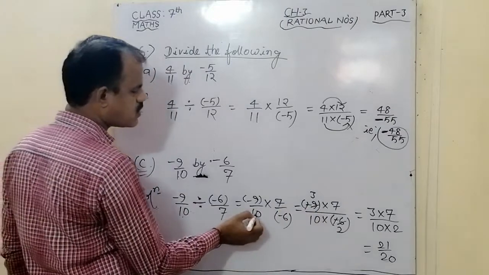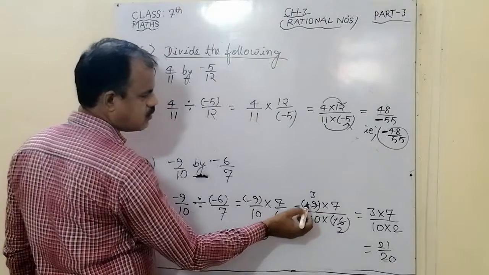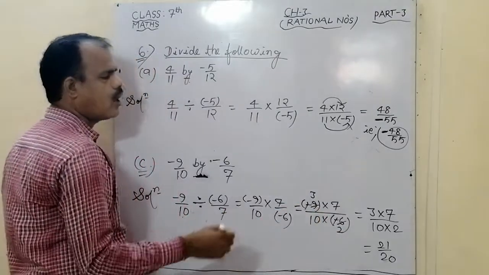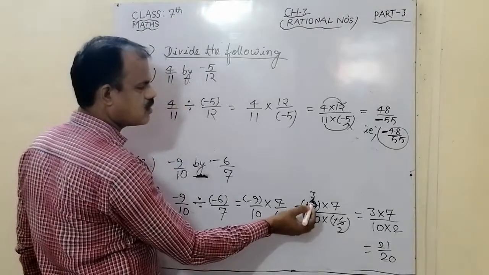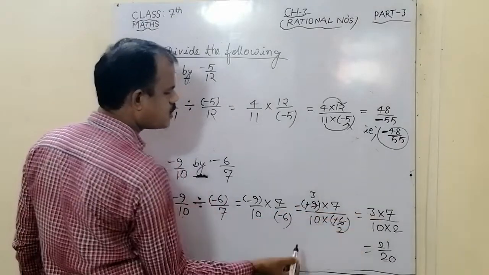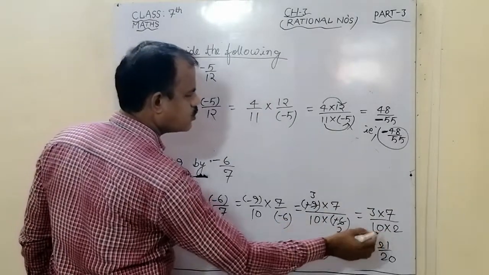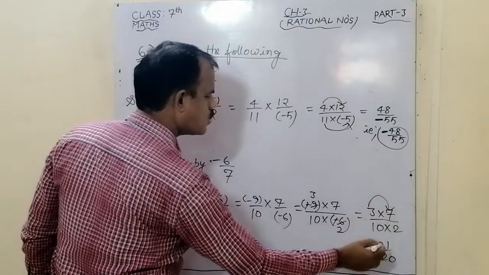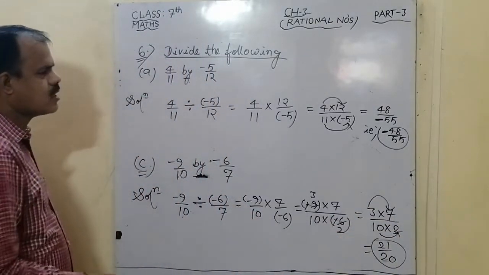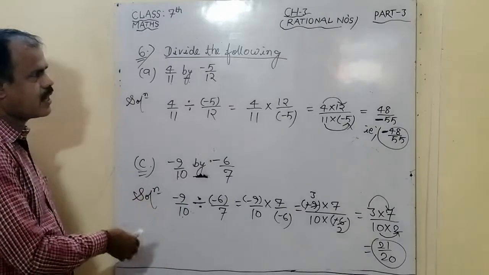At denominator place number 10 minus 6, so we write here 10 minus 6. See here, minus minus cancel, 3 2 ja 6, 3 3 ja 9. Now numerator place number are 3 7, so we write here 3 multiply 7. Denominator place number 10 2, so 10 2 we write. 3 7 ja 21, 10 2 ja 20. So this is the final answer, and you have to solve B part as a class practice.